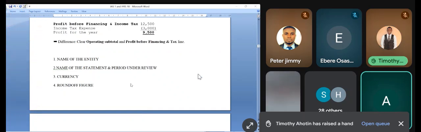Number 2 is this. Presentation of financial statements can be for a single entity or two or more entities. When we have a single entity, the explanation I've been giving so far covers a single entity. Single entity means I am one entity, like Peter Jimmy Nigeria Limited. You understand now? But when it becomes double is when you are required to do what we call consolidation, which